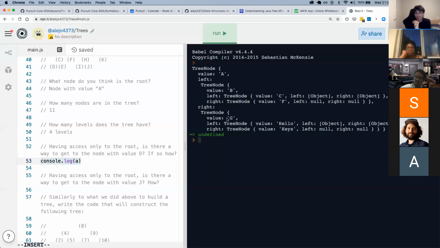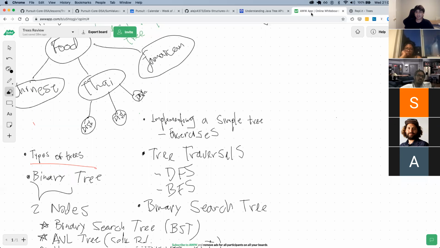And same for the right. The right of node A is a node with value G. It seems like A has B and G inside. And I remember thinking that then it must look something like this.